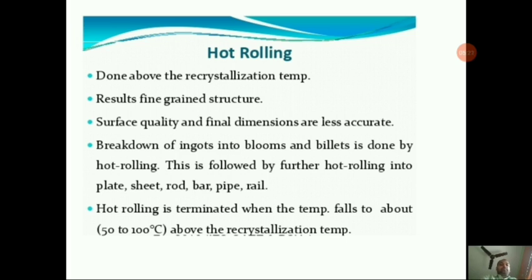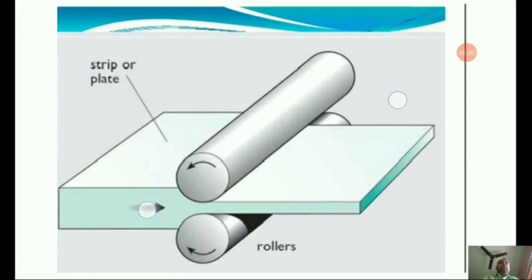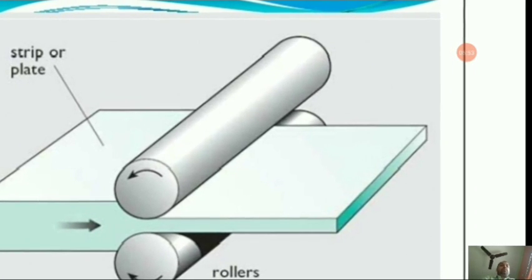hot rolling process. One more thing I would like to share with you is that the volume of the metal that enters the rolling stand should be the same as that leaving it, except in the initial process where there might be some loss due to filling of voids and cavities in the ingots. Now, since the area of the cross section decreases, the metal leaving the rolls would be at higher velocity than when it entered. So you can conclude from the rolling process here. Here you can see the area of the cross section is reduced,